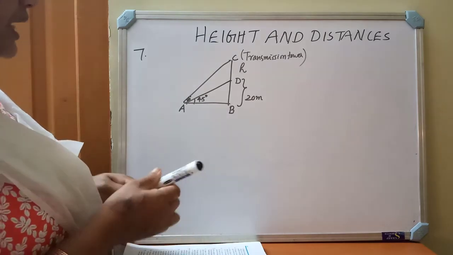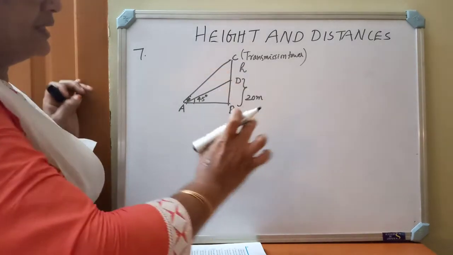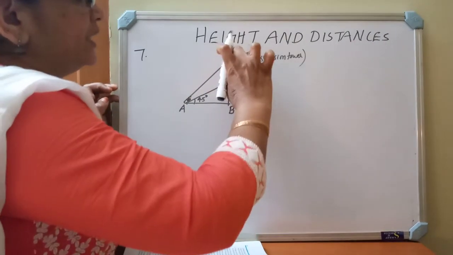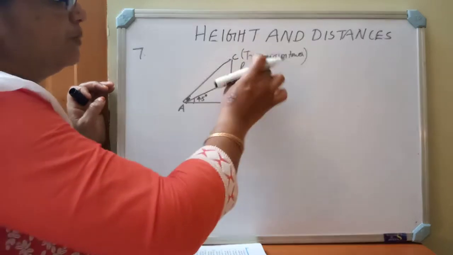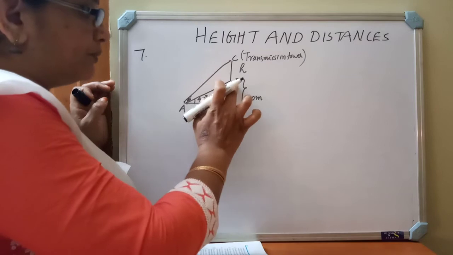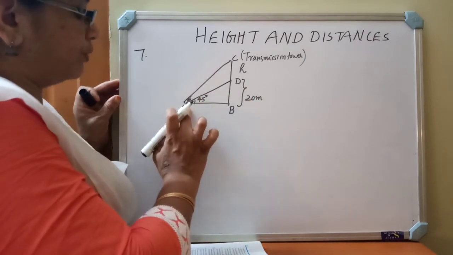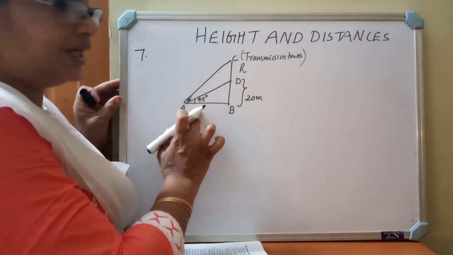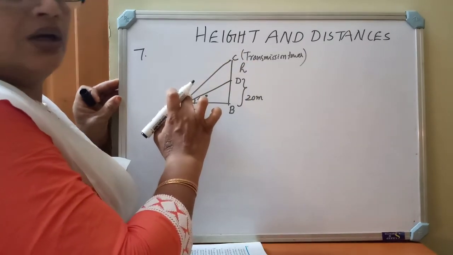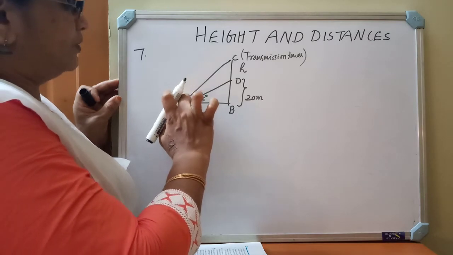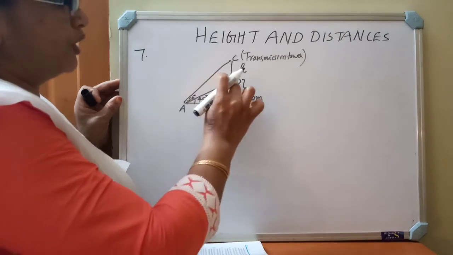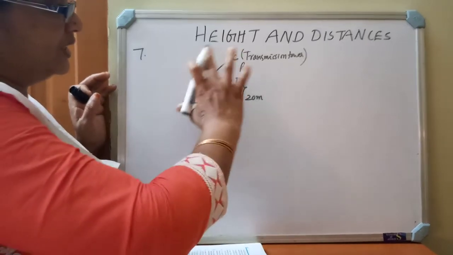Okay, so see that BD is acting as a 20-meter tall building. Above this tall building, CD is the transmission tower. So H be the height of the transmission tower. What is given? From the bottom of the transmission tower to the point of observation, we are getting 45 degree, and the top of the tower to the ground level, we are getting the angle of elevation as 60 degree. So these are the given values.